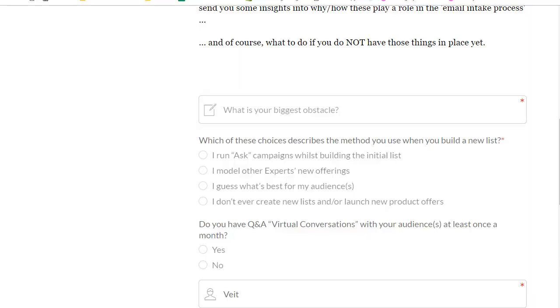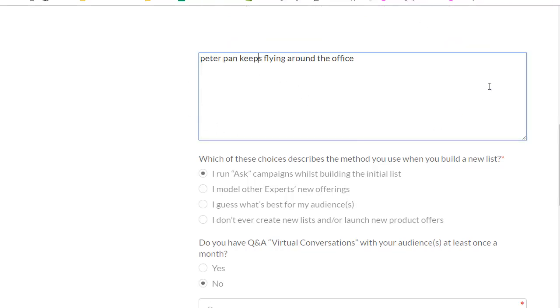Hey there, it's Fight here with the video where I'm going to show you how to replace the single line field by a big box that in this case has some nonsensical text in it. Peter Pan keeps flying around the office, but that's really what I typed in. That was my answer, and the big news is that I can now go to a